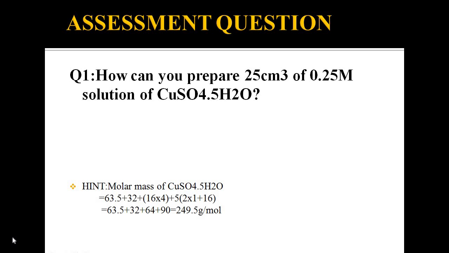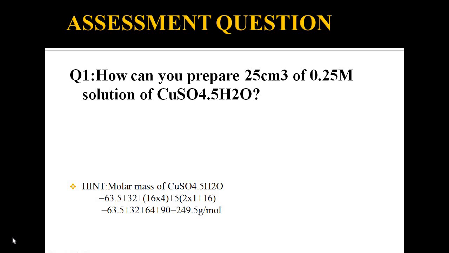Simple, you tell that we have to add that specific amount of solute in a specific volume of solution, and then the required molarity will be obtained. Here is the hint for the assessment question, molar mass of copper sulfate. We have practiced it in chapter number 1, but for your convenience I have calculated the molar mass of copper sulfate here. First of all, you have to find out the atomic mass of copper, sulfur, 4 oxygens, 16 multiplied by 4. Then what about dot 5 water?